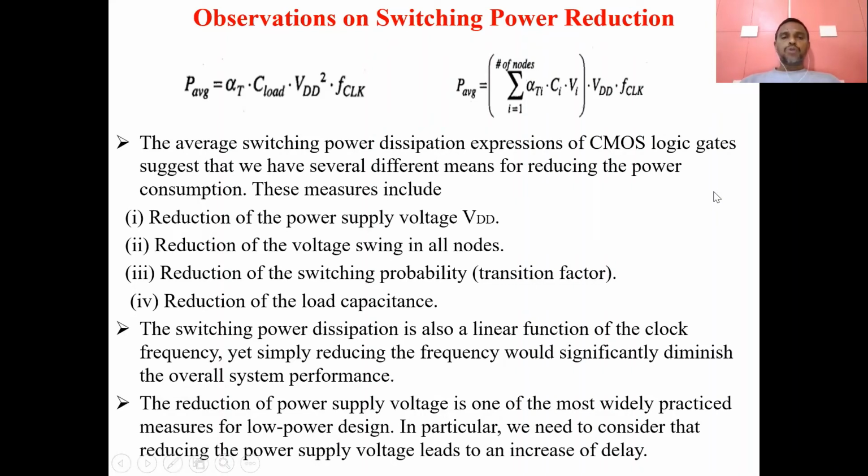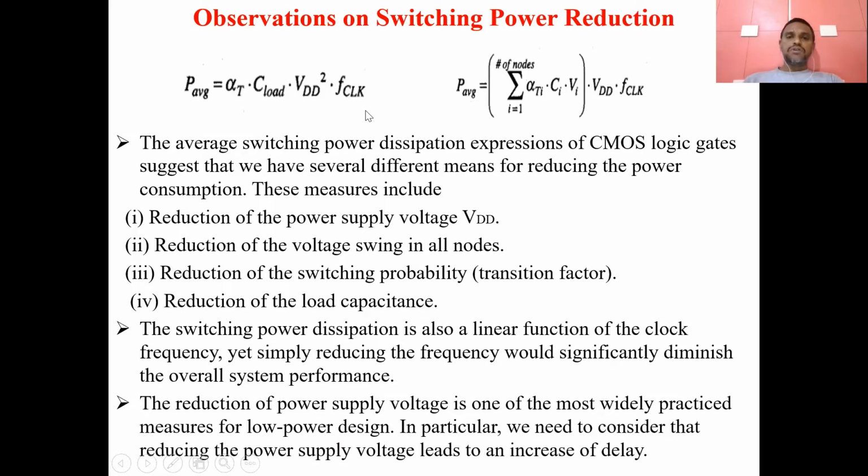Hello everyone. Today I am going to explain about the switching power reduction, next the short circuit power consumption and the leakage power consumption. Okay, so here if we consider the equations we got in the previous discussion about the switching power, that is P average is equal to alpha T multiplied by C load VDD squared and clock